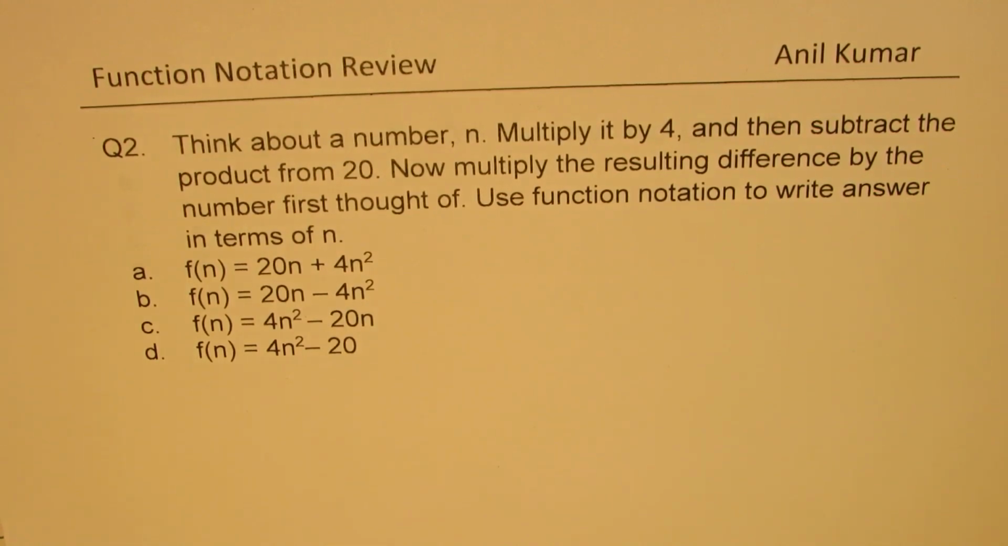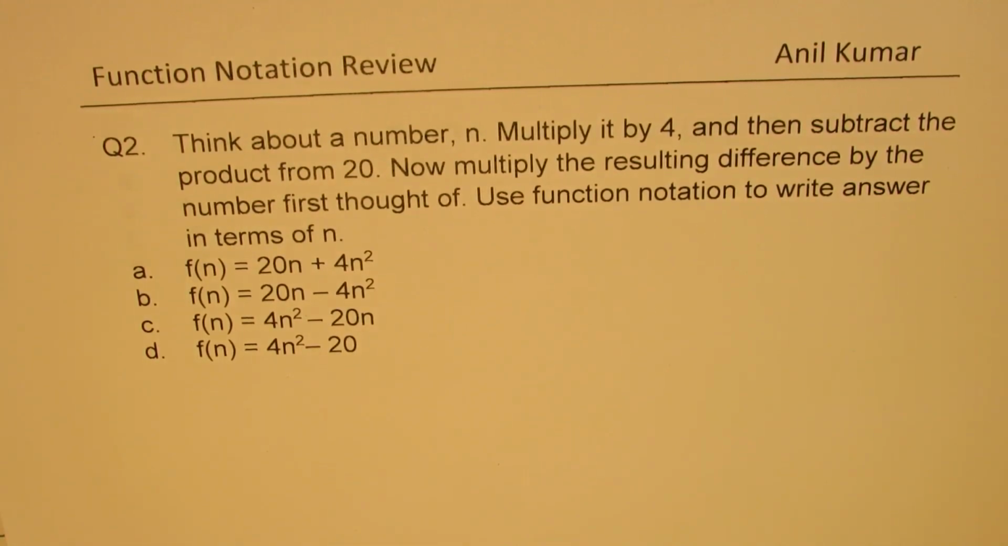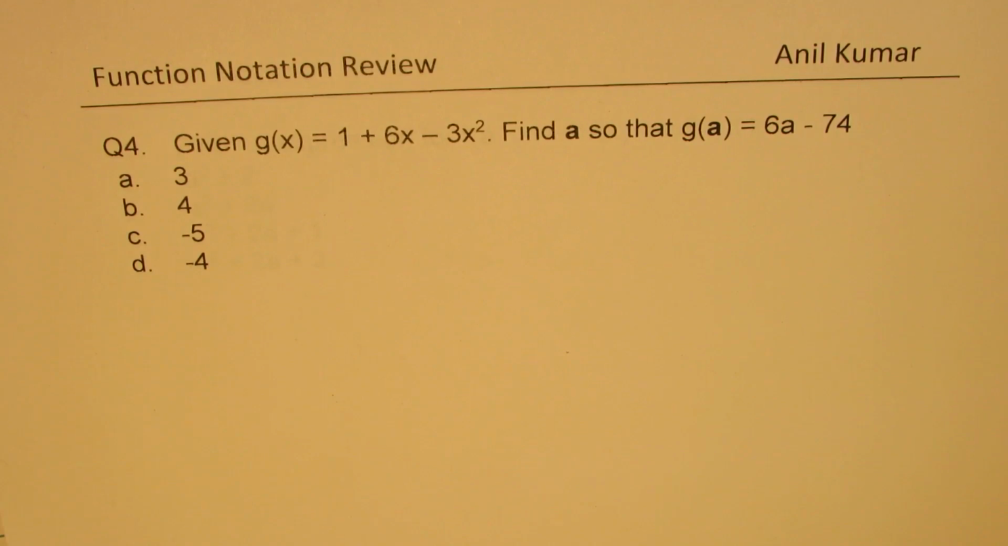Think about a number n, multiplied by 4, and then subtract the product from 20. Now multiply the resulting difference by the number first thought of. Use function notation to write the answer in terms of n. Now this is a very common question, and you could be given a different set of rules to define a function. Question number 3